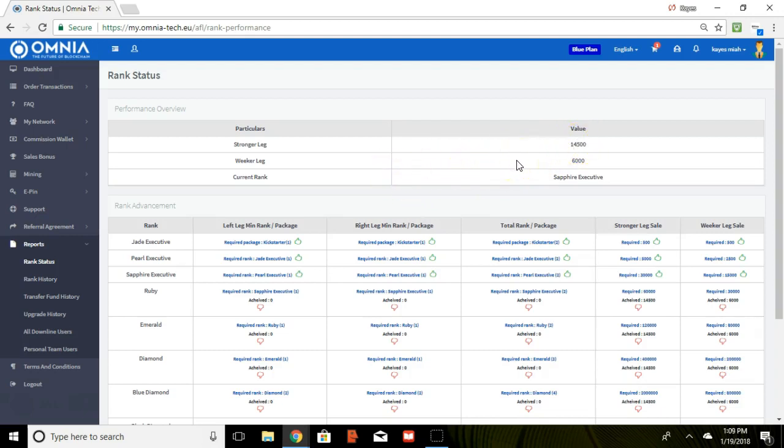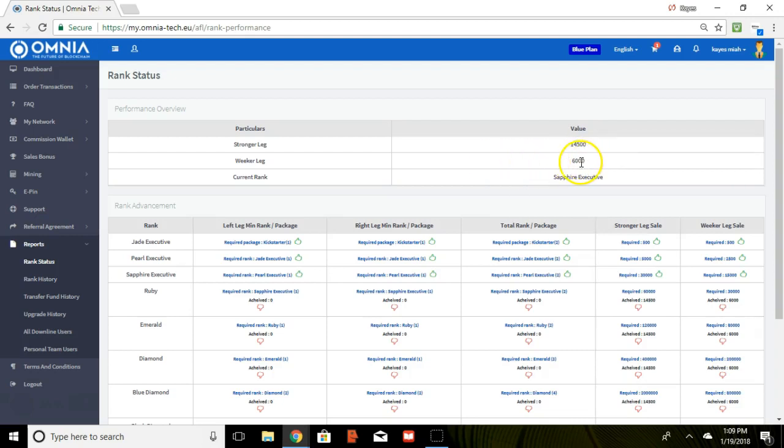Now you always get paid 20% per week on your weaker leg, whichever is your weaker leg. Yeah, so what you need to do is, if you see that I've got 6,000 here, I need to know that, okay, from whatever people who come in with their volume, I need to make sure within that week I'll put them on my weaker leg,